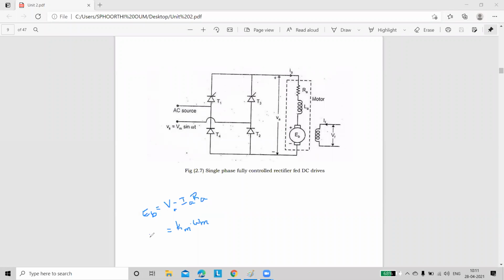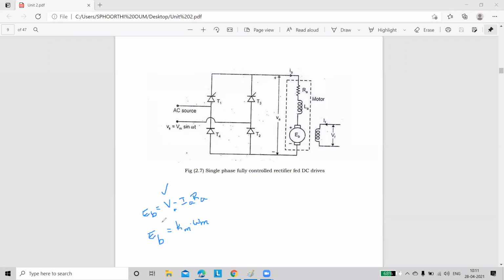You have two formulas. A doubt must have arisen, ma'am, why are we initially considering the back EMF? The reason is that in power electronics, we know that for a controlled rectifier, the initial thing is you have to calculate the average voltage or the output voltage. Here the average voltage is nothing but VA. So in order to calculate VA, first of all, we have to go for EB.